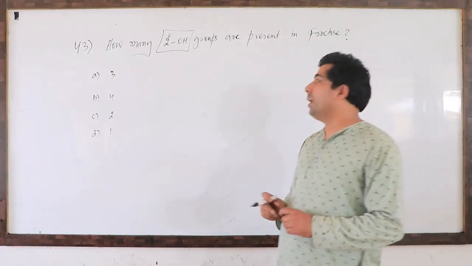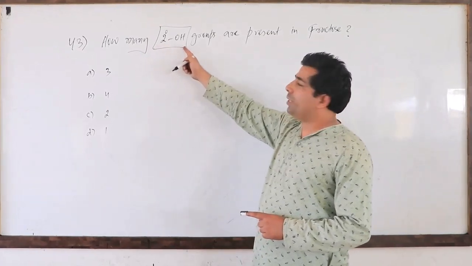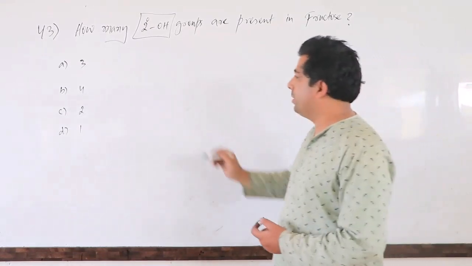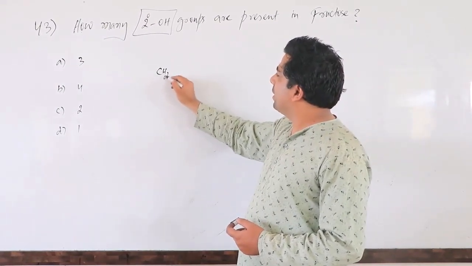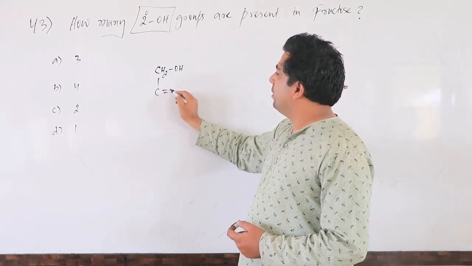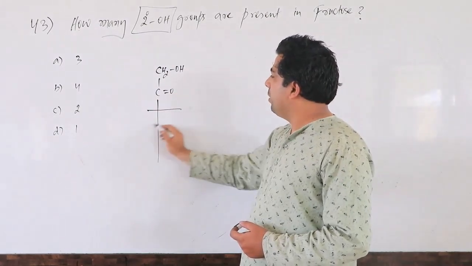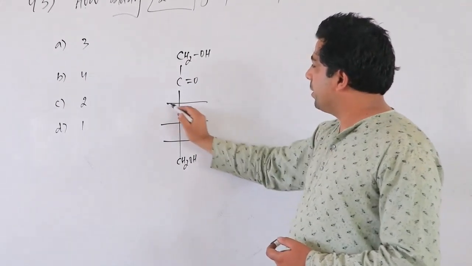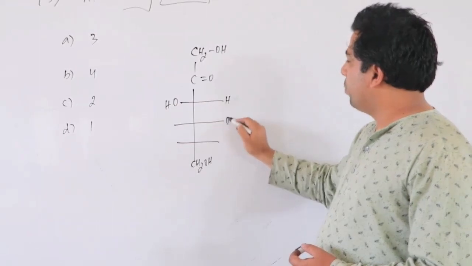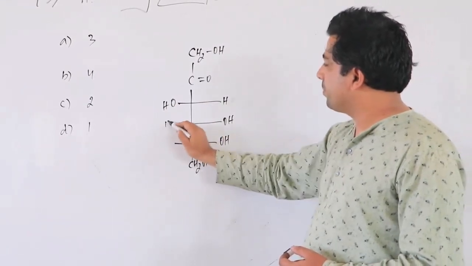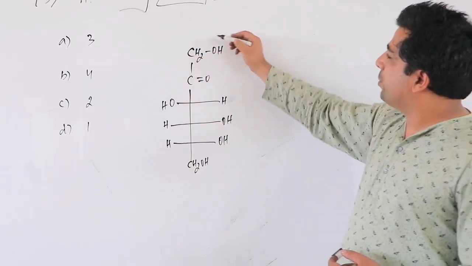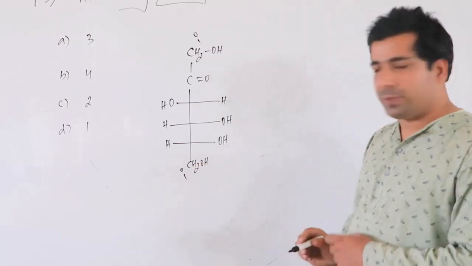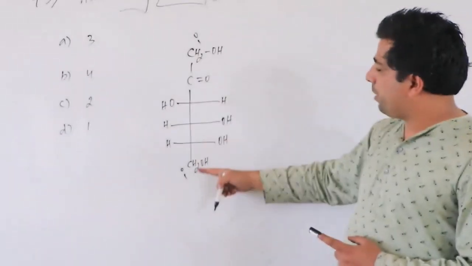My dear friends, how many secondary OH groups are present in fructose molecule? So let's understand about it. If we draw the structure of fructose, it's like this. C double bond O, 3, 4, 5 and 6, CH2OH. Third carbon has OH group on left side. Fourth has right. Fifth also has on right side. 2 terminal CH2 groups. This is your primary OH. So here we have primary alcohol and primary alcohol.